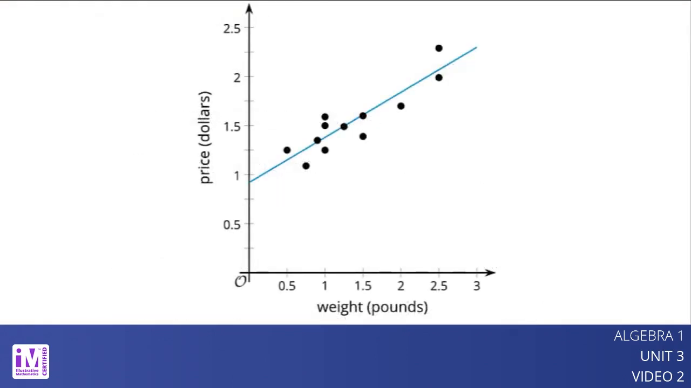For example, the data in this scatter plot represents the price of a package of broccoli and its weight. The data can be modeled by a line given by the equation y equals 0.46x plus 0.92. The data does not all fall on the line because there are many factors other than weight that go into the price, such as the quality of the broccoli, the region where the package is sold, and any discounts happening